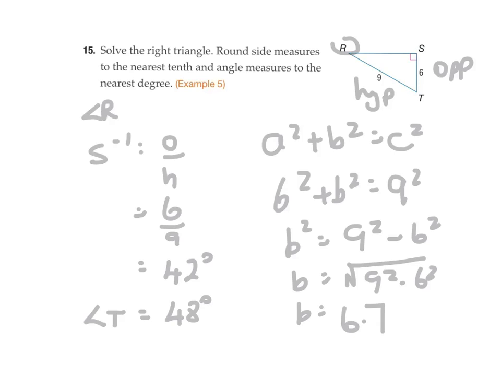And here's your check. Okay. T is bigger than R, so R is your smallest angle, T is your middle angle, obviously S is the right angle. So obviously your answer needs to be somewhere between 6 and 9. Well, we've got 6.7, so just you doing a basic check, we can prove